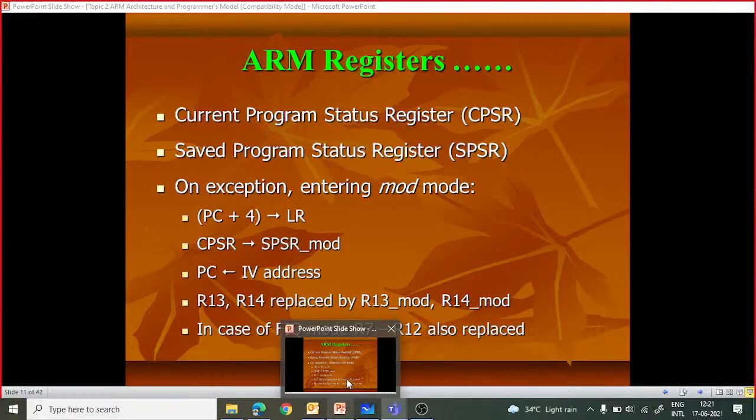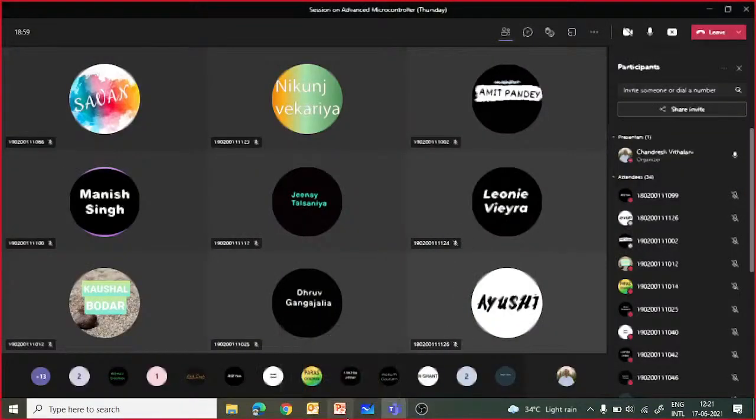That's why a fresh copy is given to you in a different mode. Yesterday we were discussing that whenever you enter from normal mode to fast interrupt mode, a fresh copy of registers R8 to R14 is given to you, so that you don't have to waste your time saving all these registers in stack memory. Here a fresh copy of the status register will also be available to you in a different mode, maybe FIQ mode, abort mode, IRQ mode or supervisor mode. So whenever you change the mode, a fresh copy of the status register is available to you, right? That's actually the idea here.